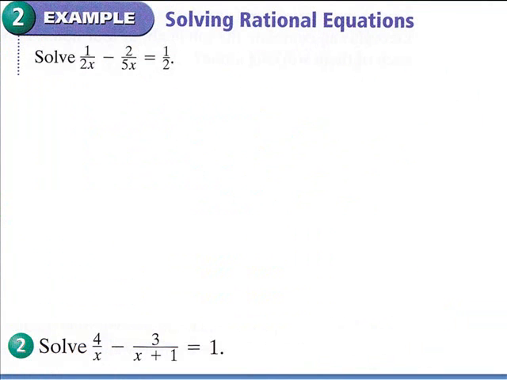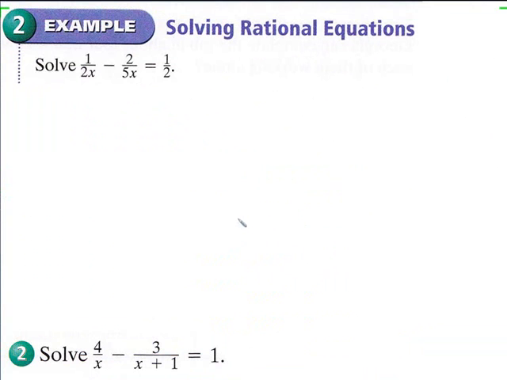Now, what is the problem? What if it's not one fraction equal to another fraction? For example, here, right? You can't just cross multiply because you have more than one fraction on this side. So when you have more than one fraction on either side or both sides, what you need to do is